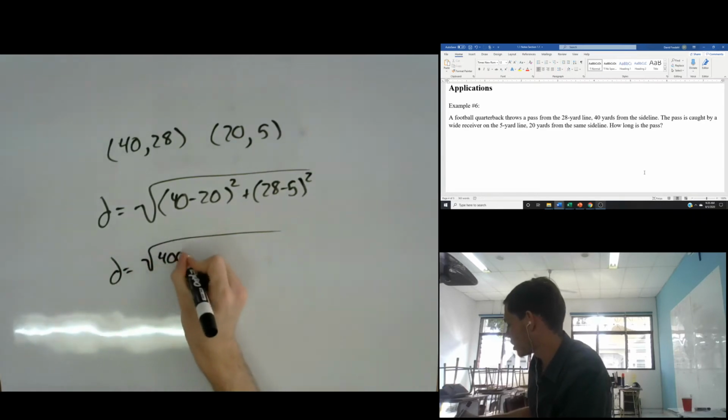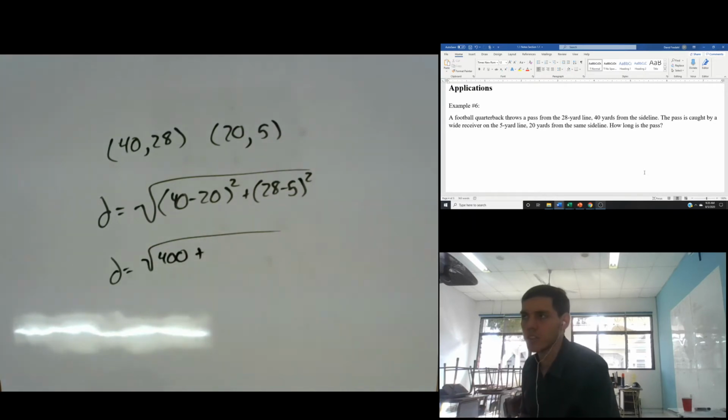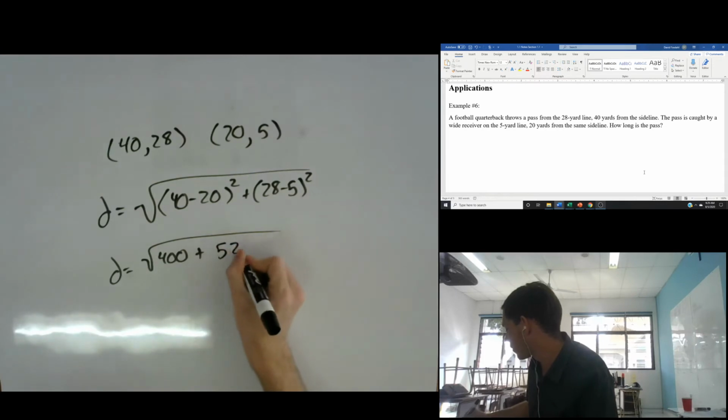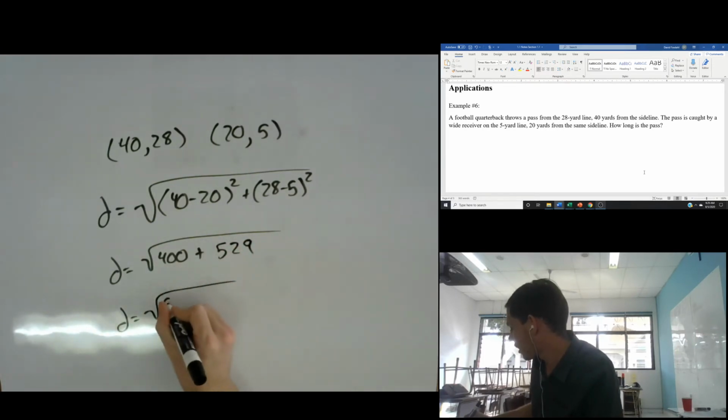400, which is 20 squared, plus, and I believe 23 squared is 400. I'm gonna get this wrong, but checking in my calculator. Okay, 529. So if we add them up, our distance is the square root of 929,